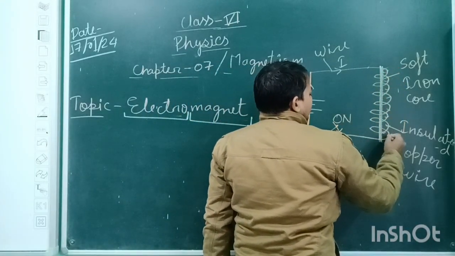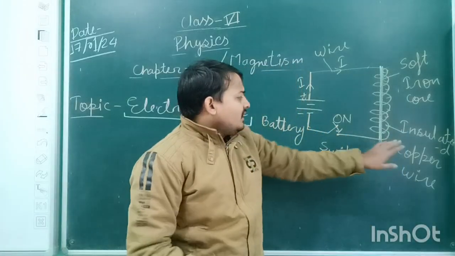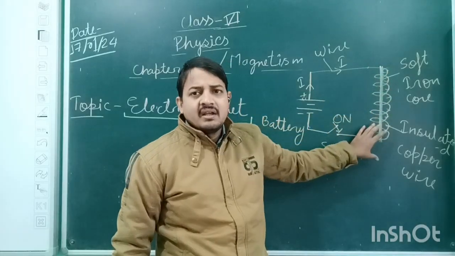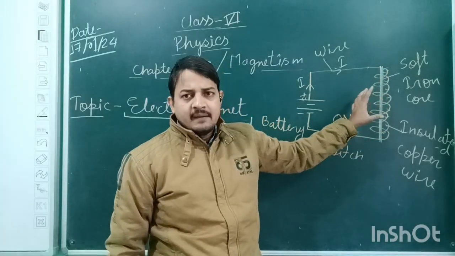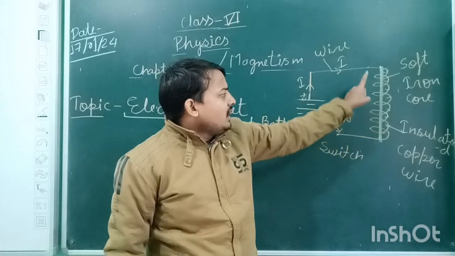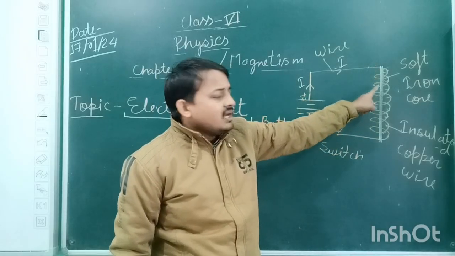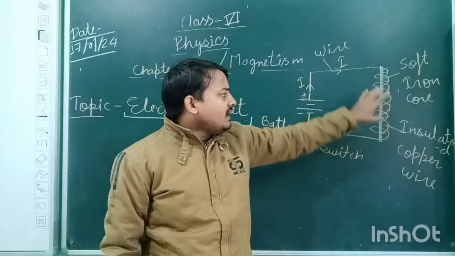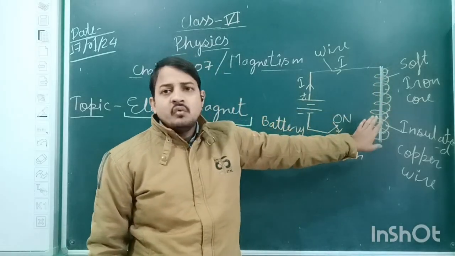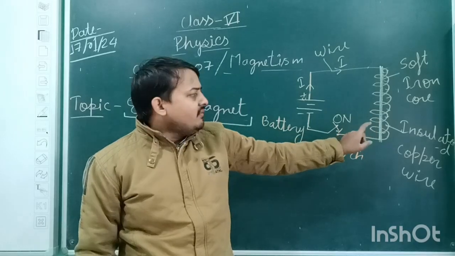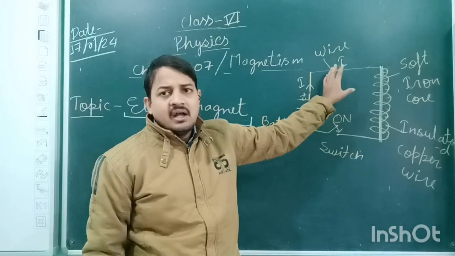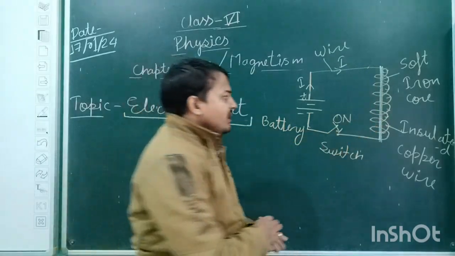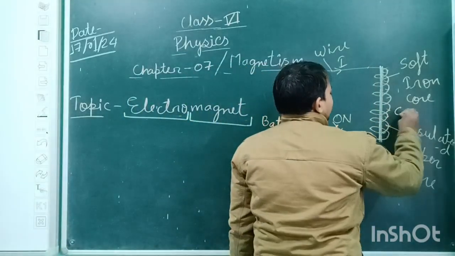You can see that I did not just connect the copper wire, I wound the copper wire. Why have I done it? Because I want to pass the electrical current in this conductor continuously. Earlier this soft iron core was a normal conductor, but whenever I pass electrical current in this conductor continuously, it will act as a